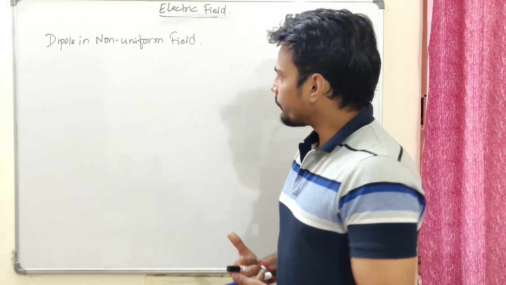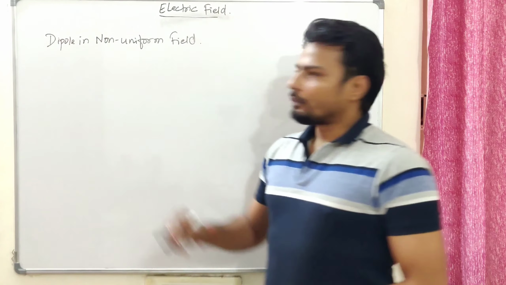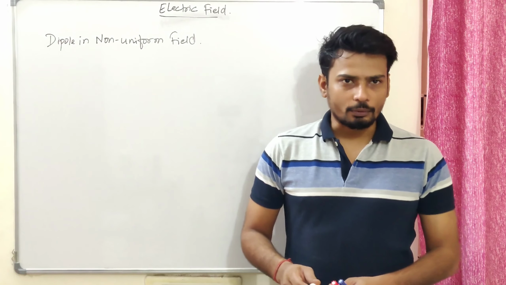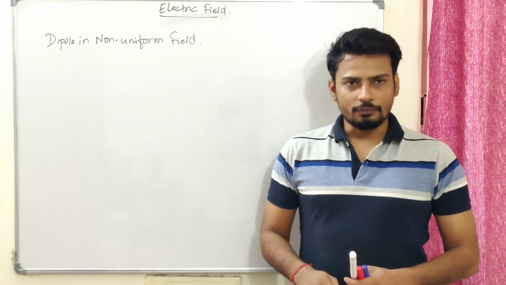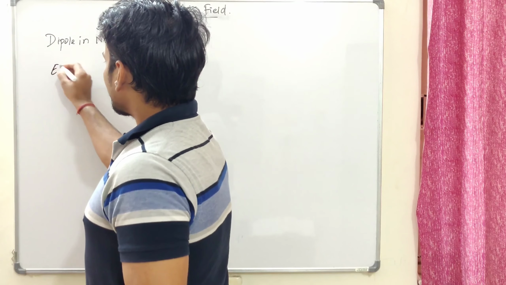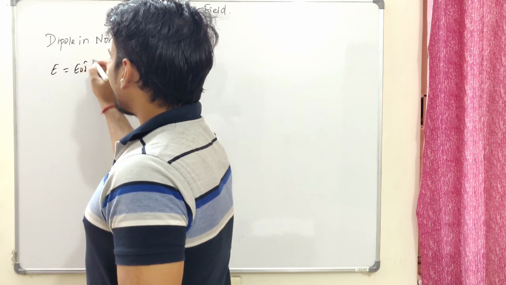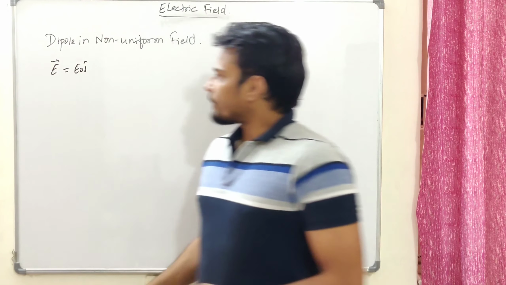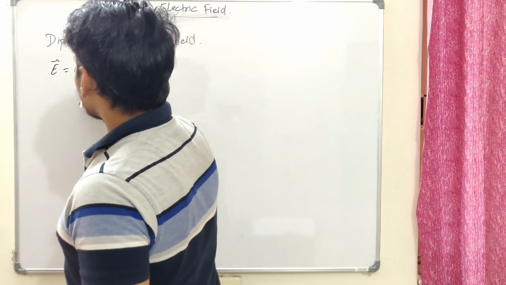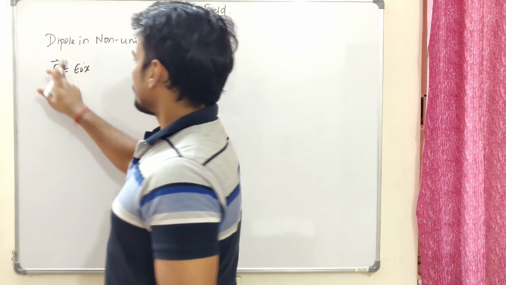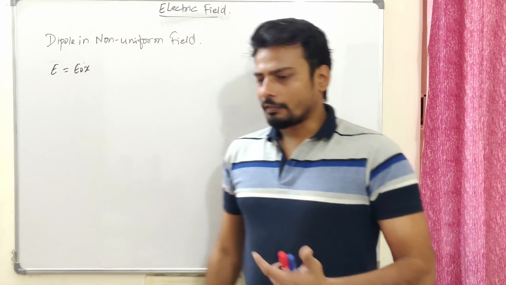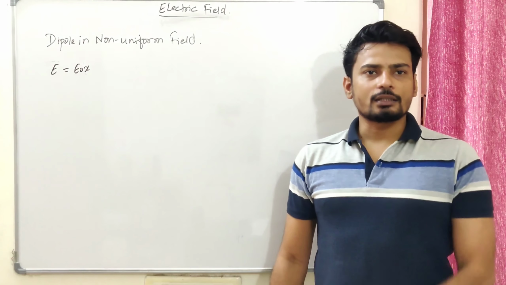The first heading that we have over here is dipole in the non-uniform electric field. Let's see what happens over there. Basically we'll be talking about the force on the dipole when it is kept in the non-uniform and the uniform electric field. Let's say I have the electric field E0 i cap. It's nothing but the field in the x direction, and it is not constant. If I put, let's suppose, x over here, E0 x, simple as that. In this case you can see that the field will change with the value of x. So we have to find what's going to be the force on the dipole because of this electric field.